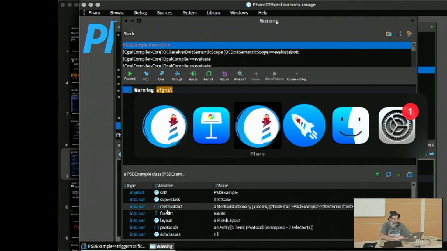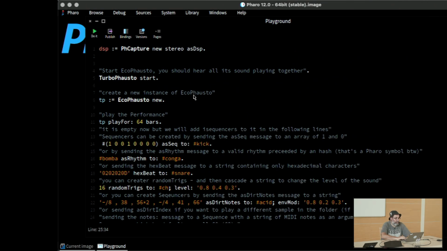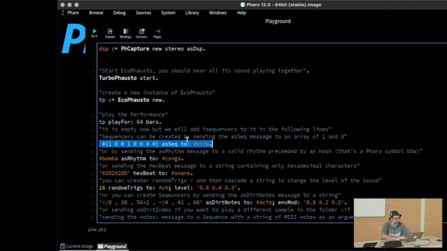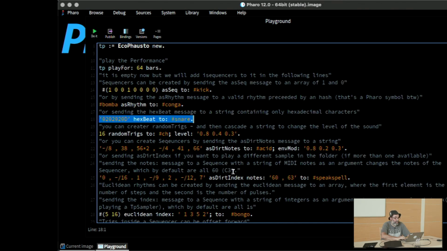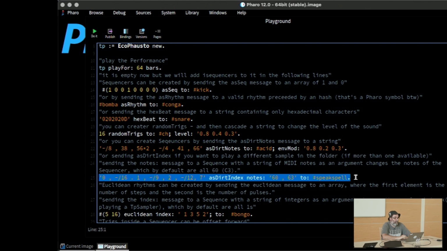We can see a little bit of Turbo Phausto here. It should be already started, so we can ask for the kick. Let's start from scratch. So you have the name of the instrument, and you have, for example, this Speak Spell folder that is the Texas Instruments Speak and Spell, the popular game for learning spelling of the 80s. And you can access different samples,